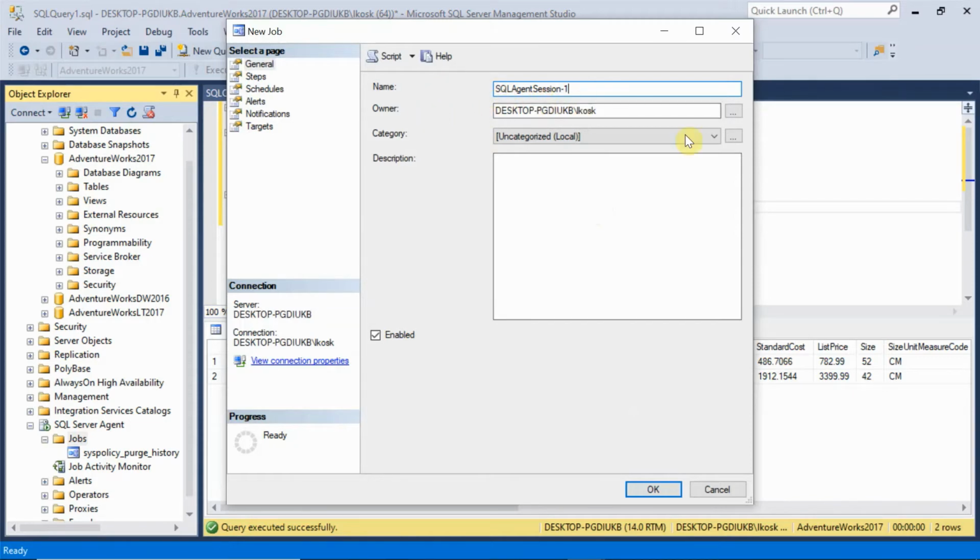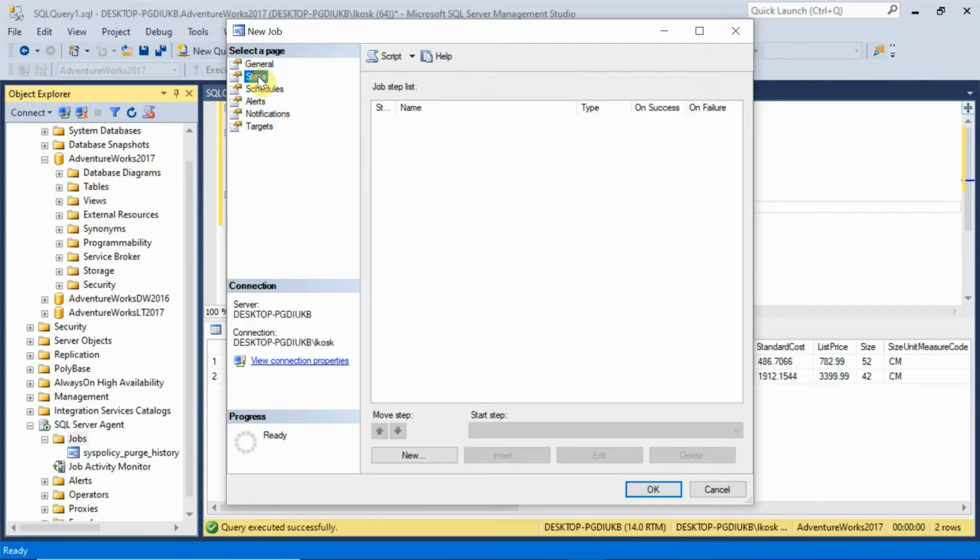The owner name by default will be the admin or the username from which you log into the SQL Server. Description, you can type here whatever you want. This job will update the product color based on product ID.